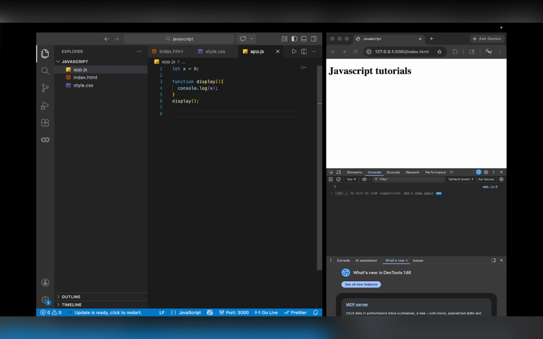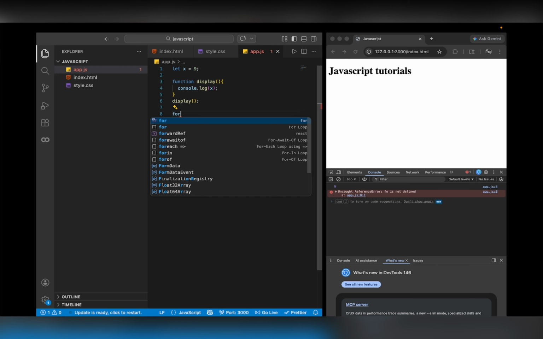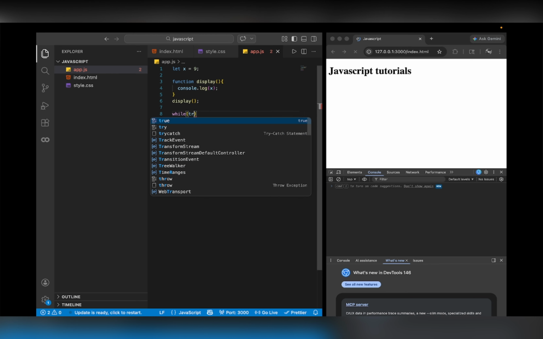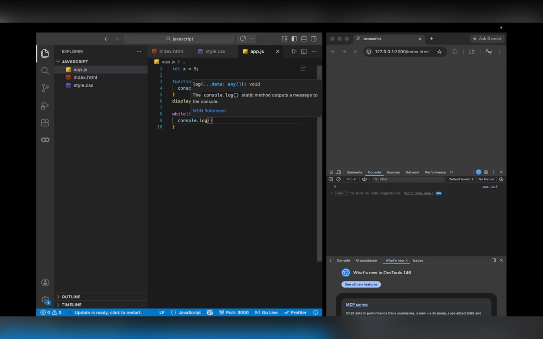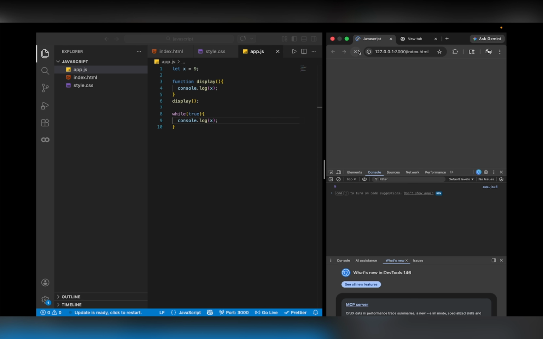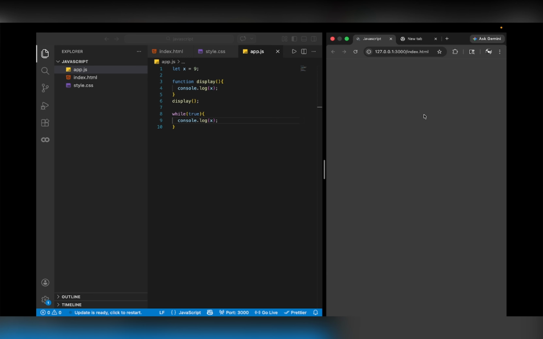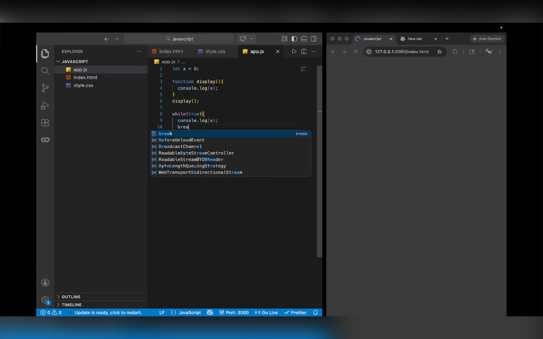कोड के ब्लॉक में यूज कर सकते हैं, जैसे फॉर लूप के अंदर भी यूज कर सकते हैं, या से व्हाइल लूप, while true, console.log x और break।